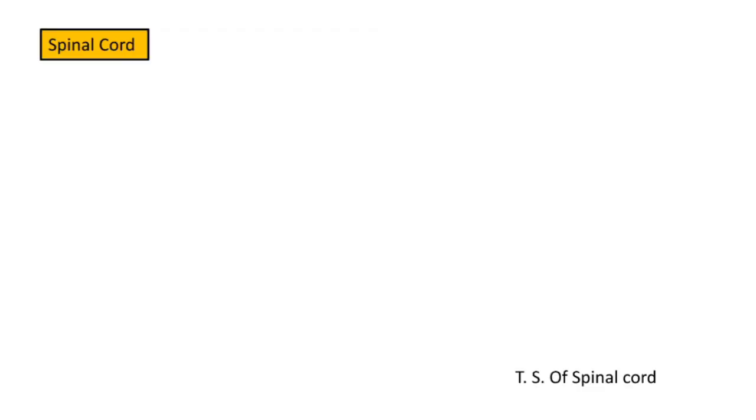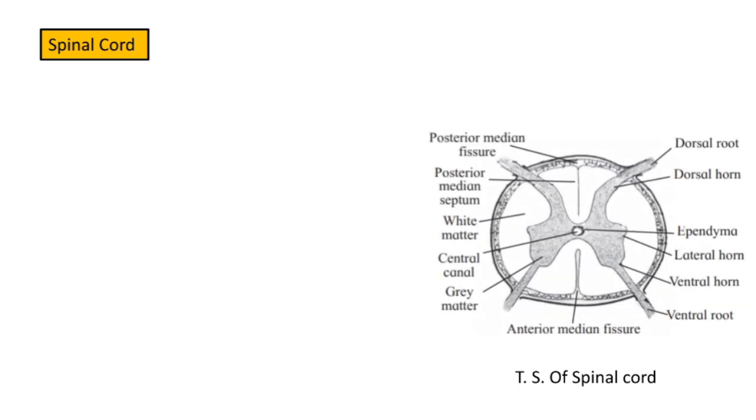If you see the transverse section of spinal cord, it looks like this. Spinal cord is dorsoventrally flattened due to the presence of deep, narrow posterior fissure and shallow, broad anterior fissure. A central canal can be seen in the center. The fissures divide the spinal cord incompletely into a right and left side.